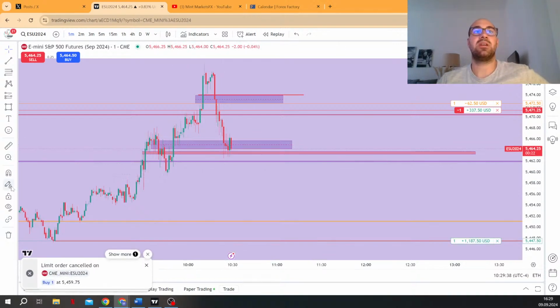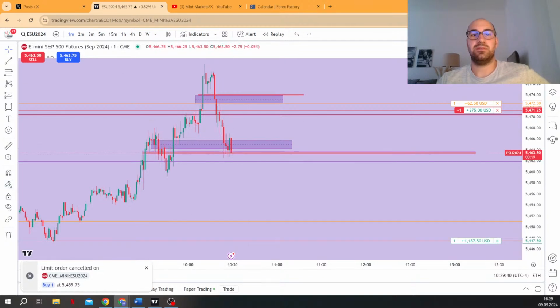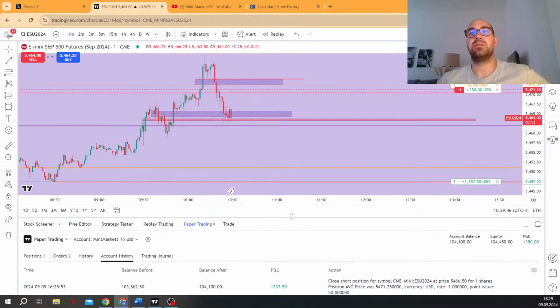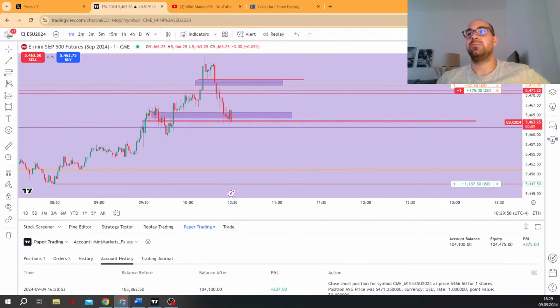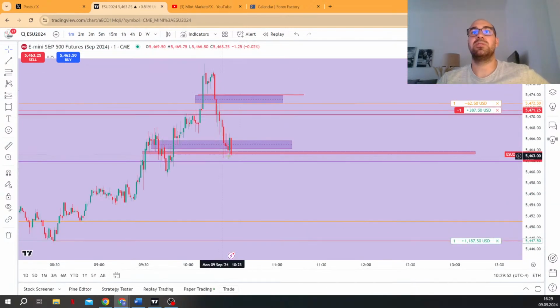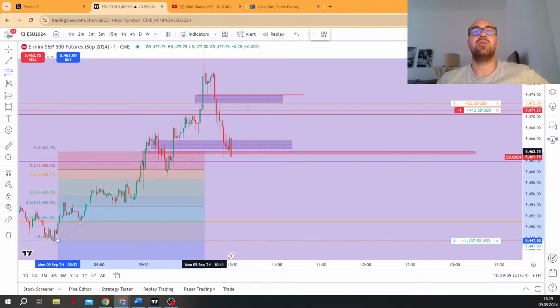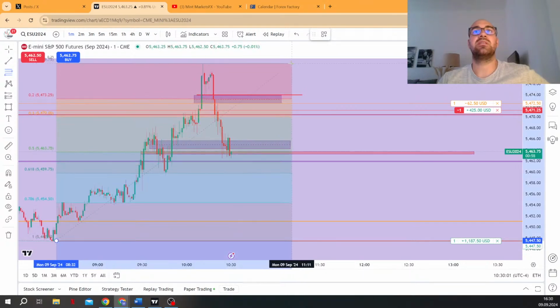That's the first target. But yeah, maybe that was closed a little bit too early now. Was not ideal probably. However, banked something here. Was probably too early, a little bit too early, because I thought, okay, we got 50% of the range already,